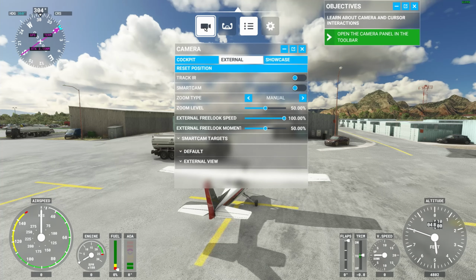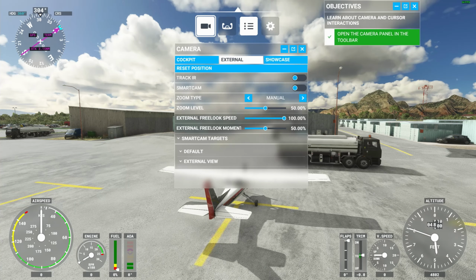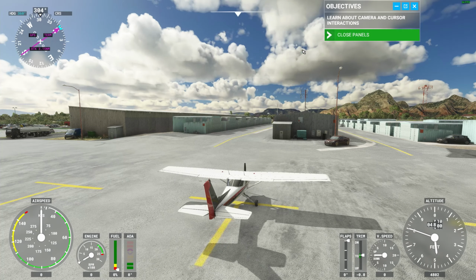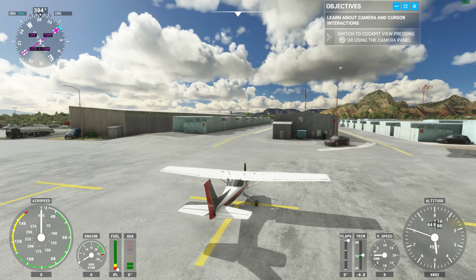The camera panel allows you to access the various views and camera modes of the simulation. Go ahead and close all the panels for now. Right now, we are in the external view mode. Let's switch to Cockpit View next. Switch to Cockpit View, pressing